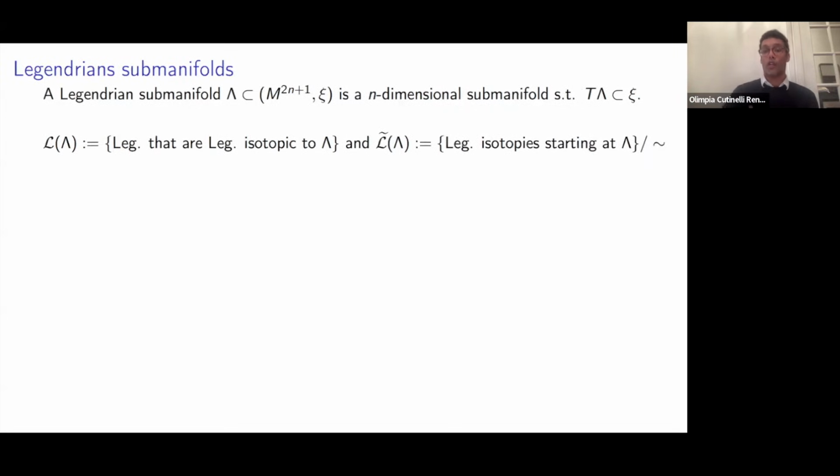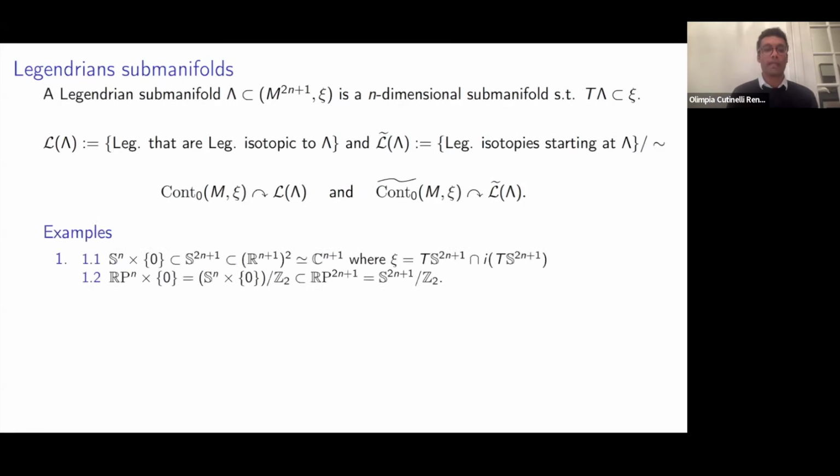So again, the easiest way to think about this universal cover is you look at all Legendrian isotopies, and then you identify two of them if they are homotopic to each other, relative to endpoints. And the group of contact homeomorphisms acts transitively on the space of Legendrian isotopies, and the universal cover of the group acts transitively also on the universal cover of the space of Legendrian isotopies.